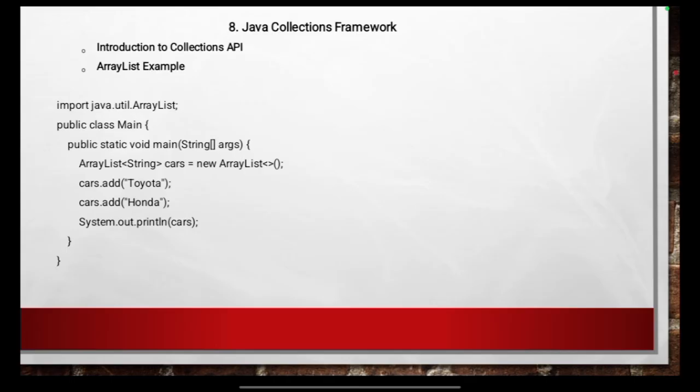Import java.util.ArrayList; public class Main { public static void main(String[] args) { ArrayList<String> cars = new ArrayList<>(); cars.add("Toyota"); cars.add("Honda"); System.out.println(cars); } }. So now, import